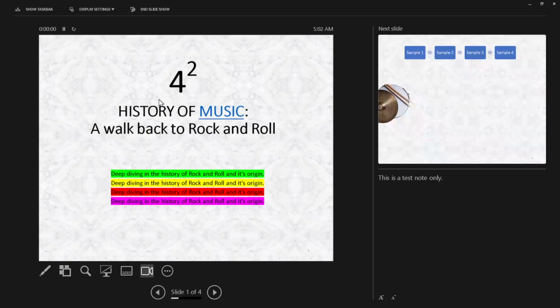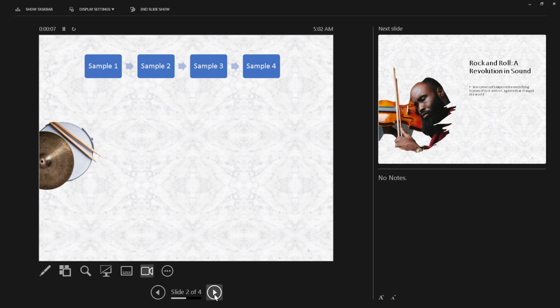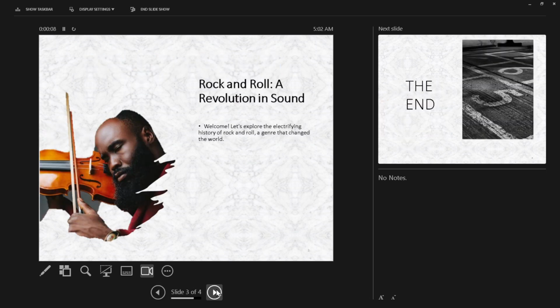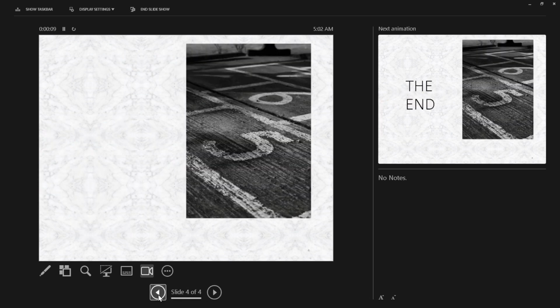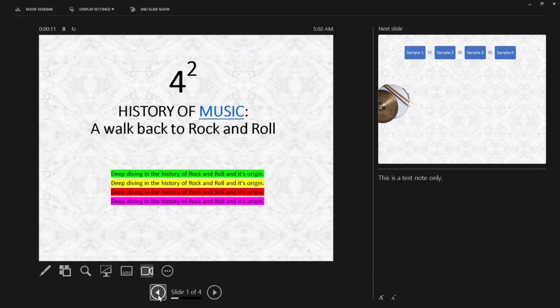To actually start your presentation, you can click the slideshow button typically found at the bottom of the PowerPoint window, or use the F5 shortcut on your keyboard. Once the presentation starts, you might need a moment to adjust to the presenter view's layout. Take a deep breath. The main thing is to focus on your presentation and the story you are telling. Your notes are there as a guide, not a script you must follow word for word.